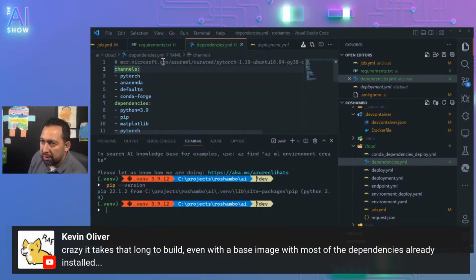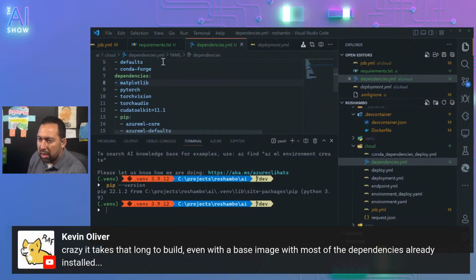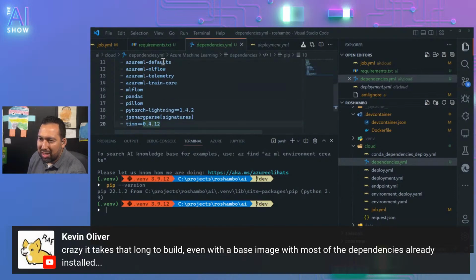Just remind us of the base image. That one, we're already going to have this. We're already going to have all of these. We just need to add the other things here.